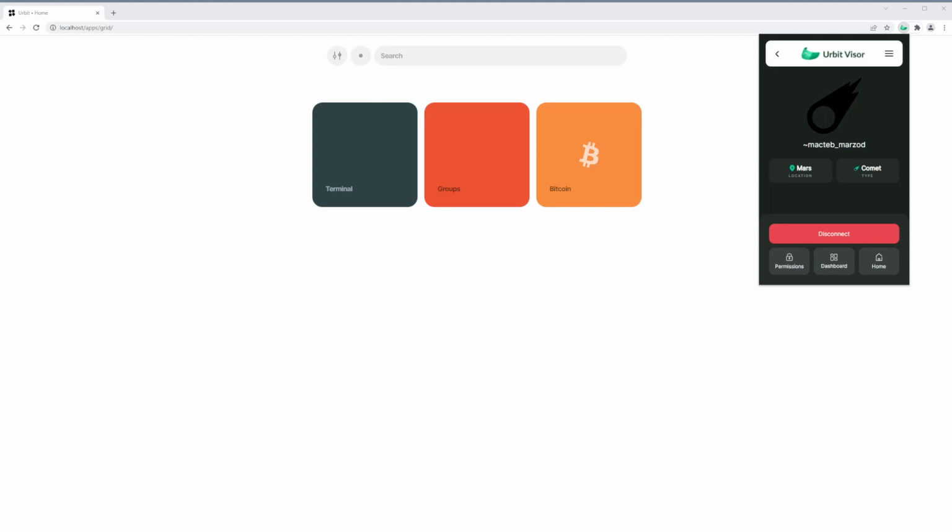Hi, this is a quick recording on how to use Urbit Dashboard, the first application that you can use with Urbit Visor. Starting with a connected Urbit ship, in this case a comet, we can go ahead and open up Urbit Visor